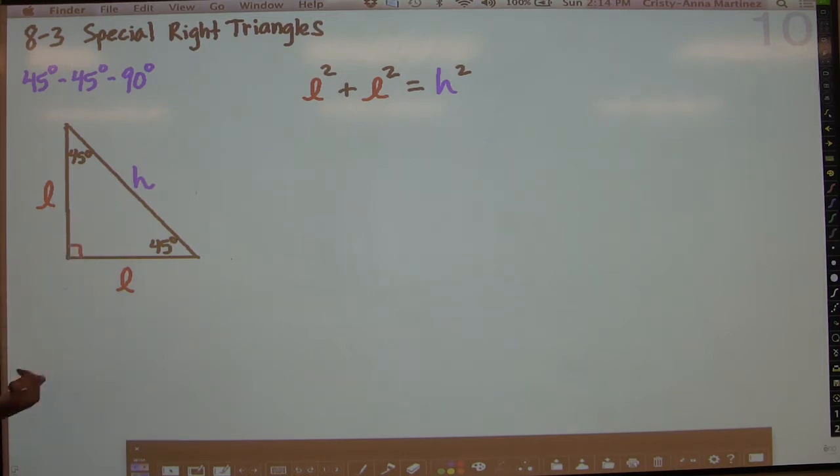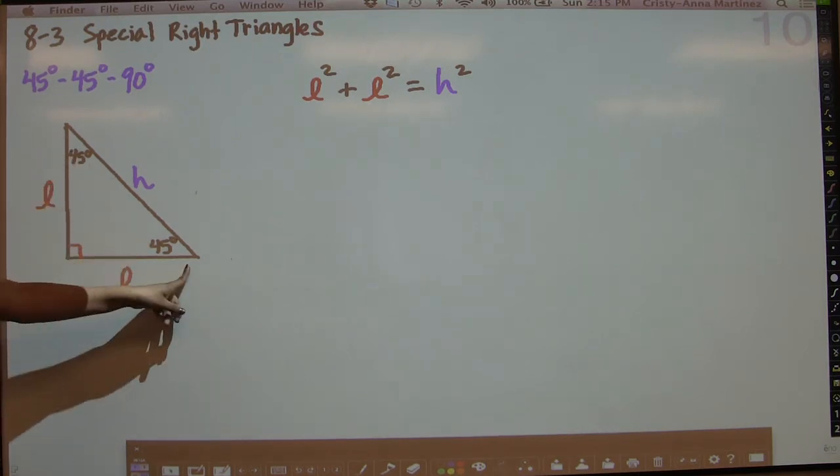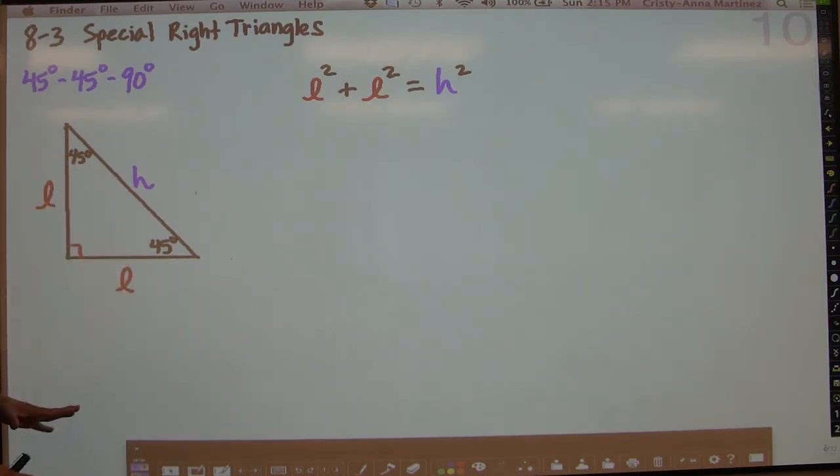So we learned in the previous lesson that when you have a right triangle, you can set up Pythagorean Theorem, which basically says leg squared plus leg squared equals hypotenuse squared. So I want to show you what happens in the unique case when you have 45, 45, 90. Again, what I'm about to show you, the formula, if you will, we're going to come up with a formula, and I'm going to show you that